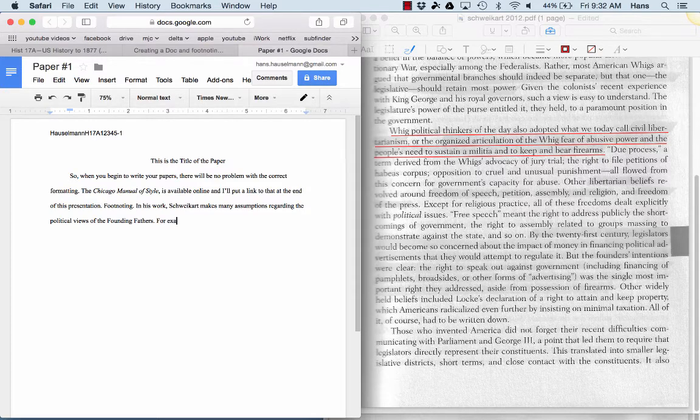For example, Schweikart states that early political thinkers adopted civil libertarianism. Now, even though some of these words, if you notice here, were exactly the same, I do have to cite this because this is part of what he said in his ideas. And so now that I've said Schweikart states that early political thinkers adopted civil libertarianism,